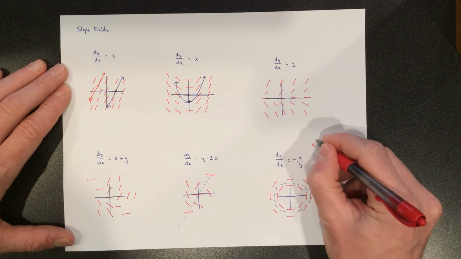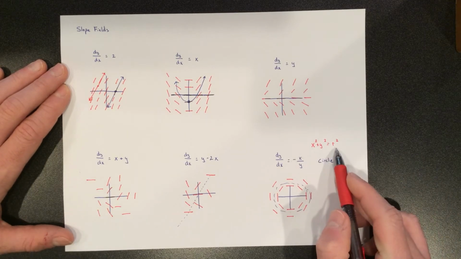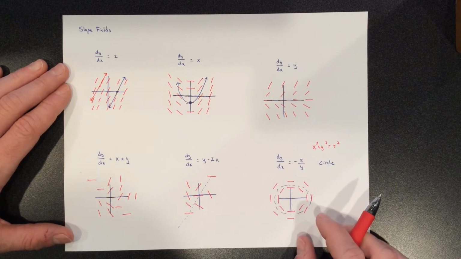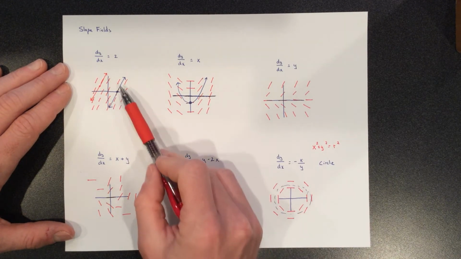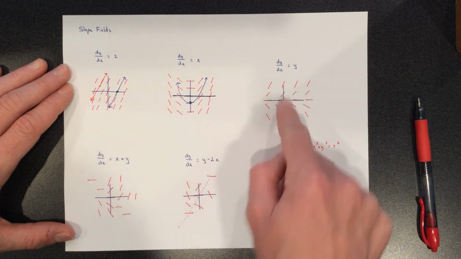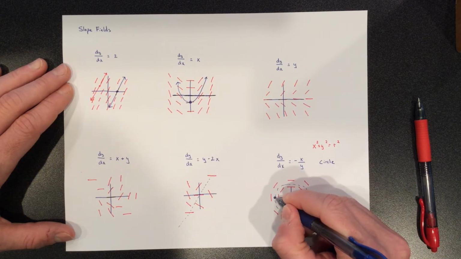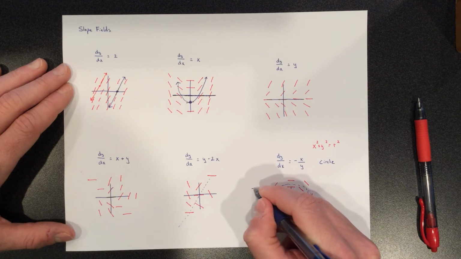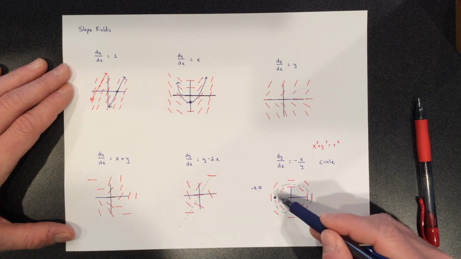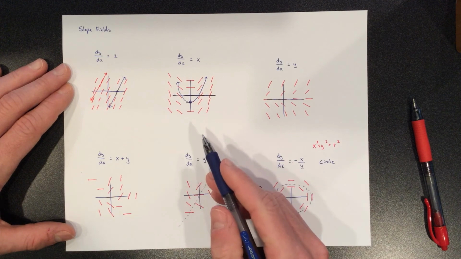Just to remind you, when you separate and solve this, you'll get something that looks like this. This r is going to be dependent on your initial value. Again, I just kind of took 6 different slope fields and went through. I drew a solution curve through this, and again, you can draw a solution curve through any of them. These are going to be a little more complicated to draw a solution curve through. I can pick anything right here. Let's say I know that point exists. Let's say I knew the point negative 3 comma 0 existed on the graph, then this blue dotted line would be the solution curve. It follows the slope field because the slope field is describing the slope at any point